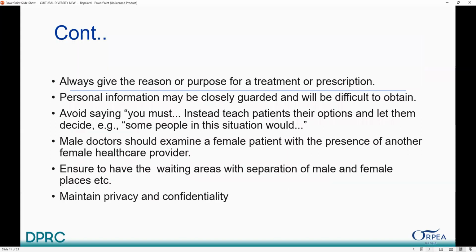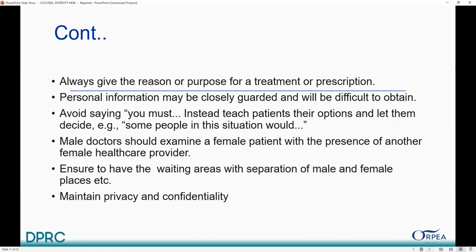Always explain the reason or purpose for a treatment or prescription. Personal information may be closely guarded and will be difficult to obtain. Avoid saying you must. Instead, teach patients their options and let them decide. For example, some people in these situations would